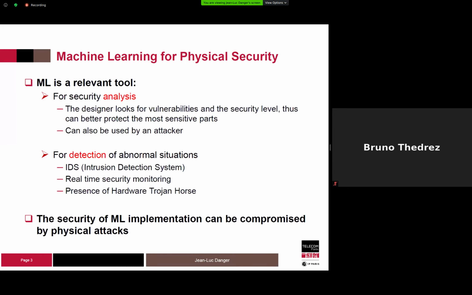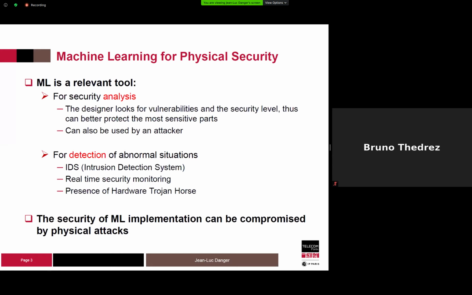But before designing protections, we need to analyze the risk. We need to know the threat. Machine learning can be a very powerful tool for that, in order to point out the weakness and vulnerability of your system. But unfortunately, the dark side of machine learning here is that it can also be used